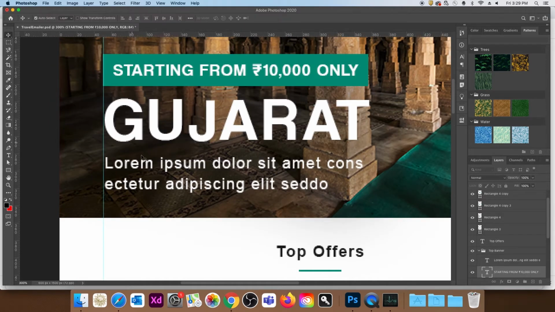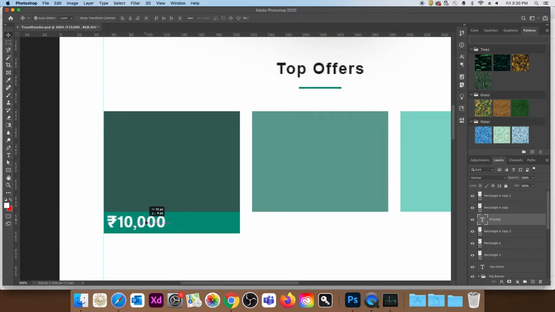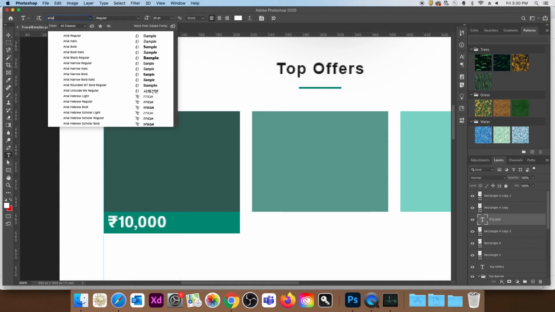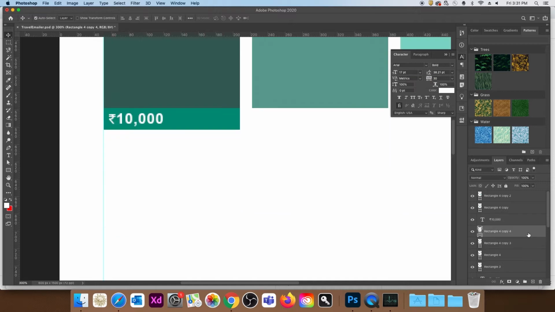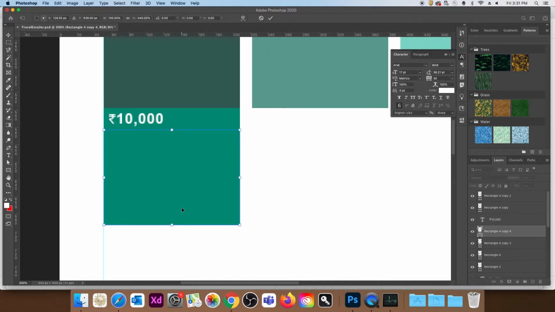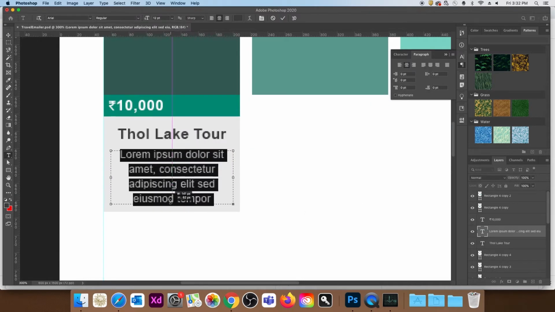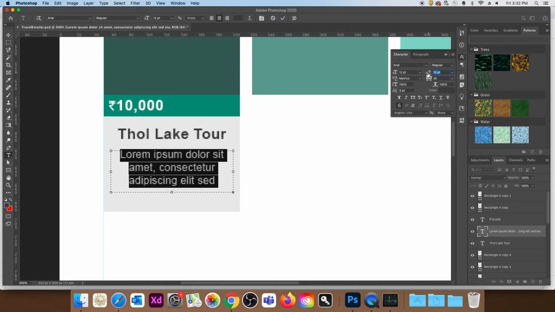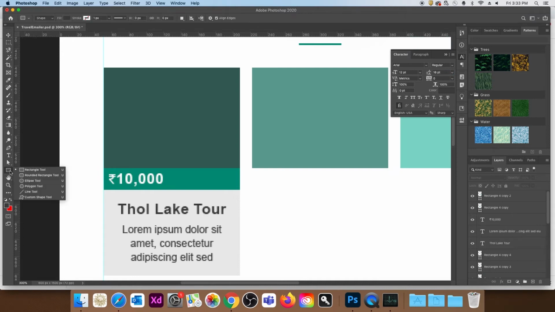Let us copy this text, paste it here, Arial here too. Another rectangle down below. Make it bigger and give it a light grey color. Give an offer title. Body text in smaller font, only 3 lines. Let me make a call to action here, an arrow button. So I will draw a circle here.